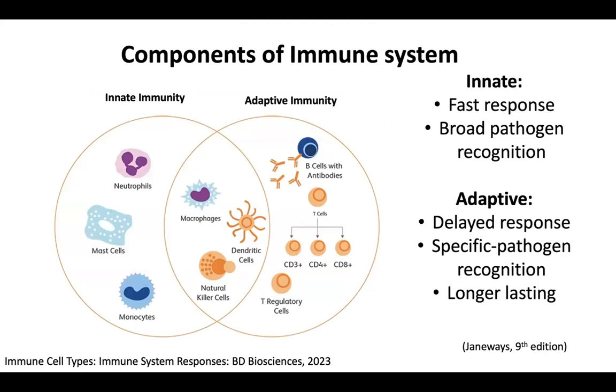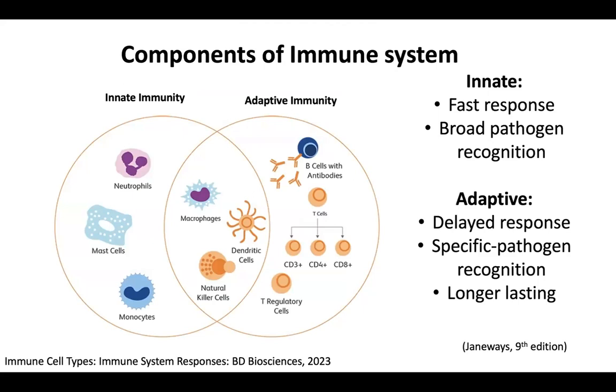So the immune system, for this one particularly, is the mammal immune system. It consists of two arms: innate immunity and adaptive immunity. The innate immunity is a very fast response. They are the first line of defense against the